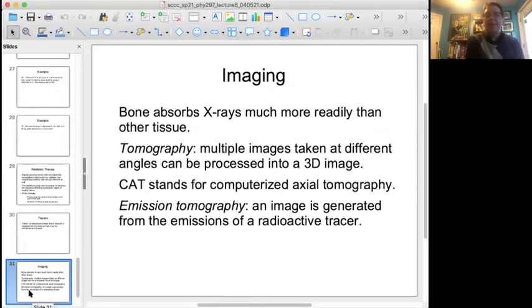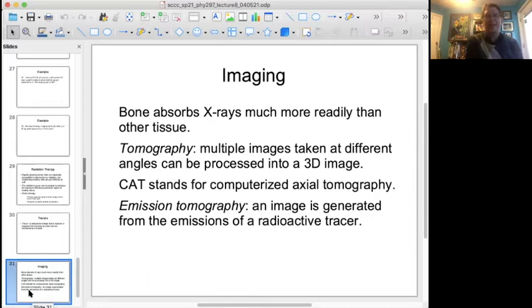Probably the most obvious example of using radiation for health purposes is an X-ray. Bones absorb X-rays very easily. Regular tissue like skin or muscle does not. So X-rays make it possible to examine the bone non-invasively. You don't have to cut a person open to tell whether their bones are broken, and that's